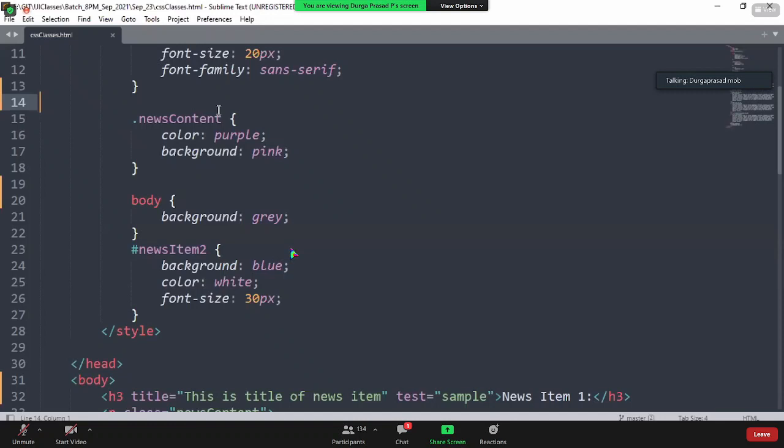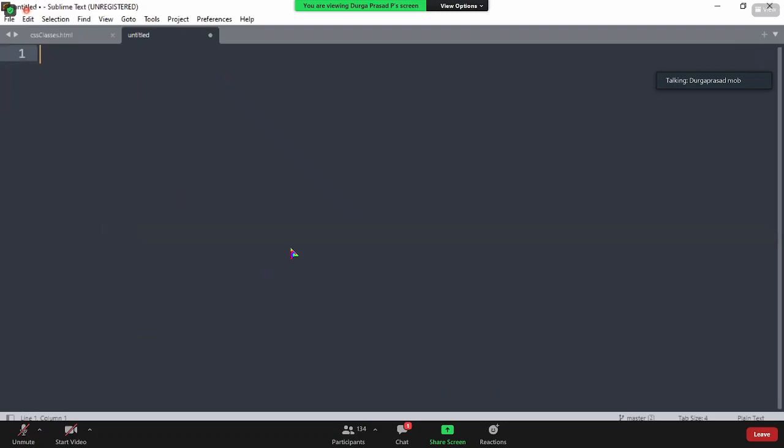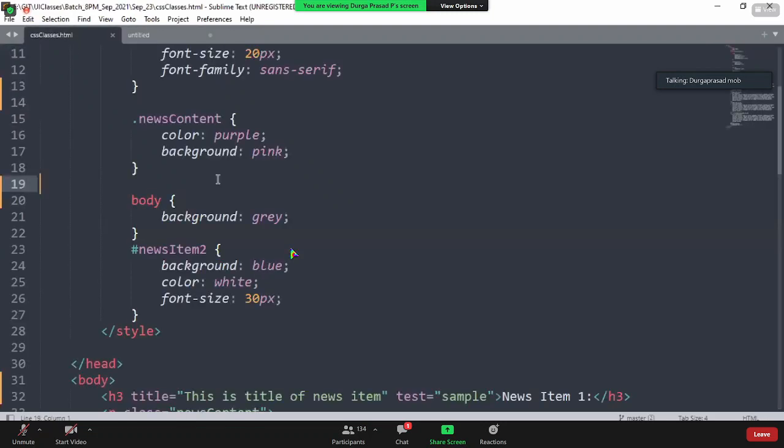So before talking about the CSS priority, I need to talk about something called as debugging tool. There is a developer tool I need to discuss so that debugger tool will clearly show you a picture that which one is coming on the priority. Once I finish this debugging tool, then I will come back to the CSS. Then I will talk about the CSS priorities concept.